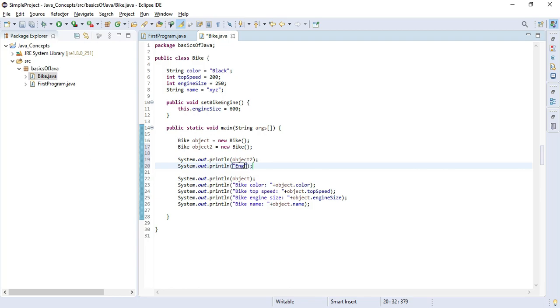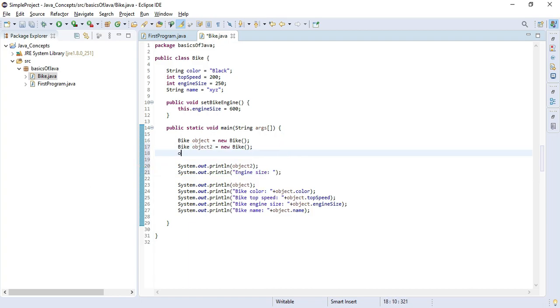To do that, for engine size, let's override our engine size with the method we have created, set bike engine. To do that, we will create one method call, object2.setBikeEngine, and it means for this particular object the engine size will be 600 cc.